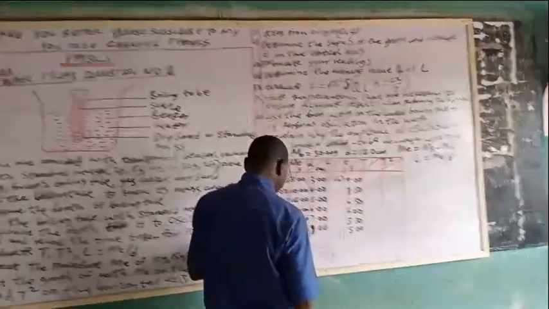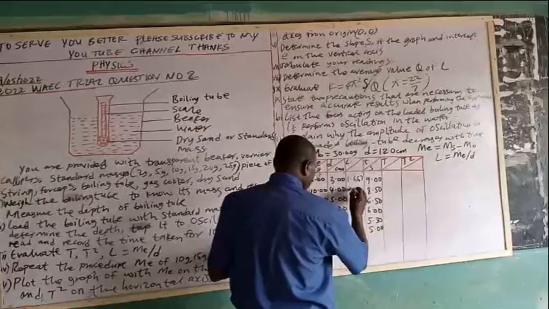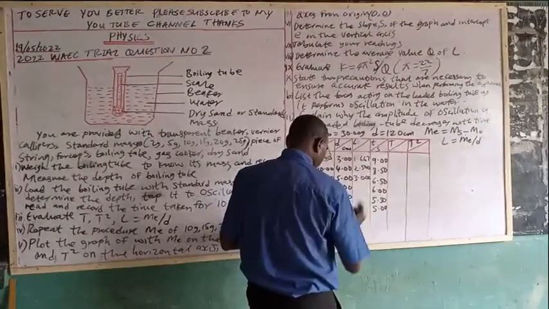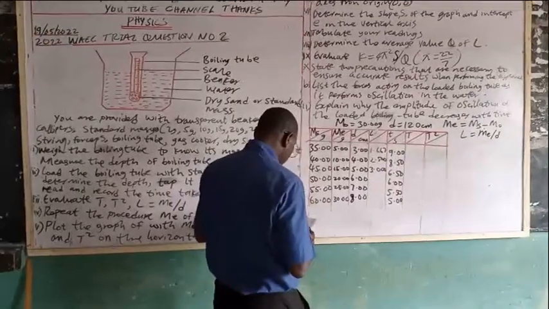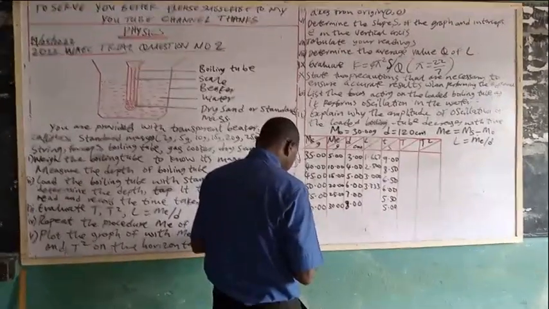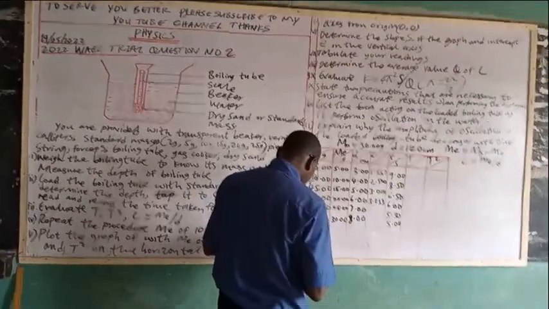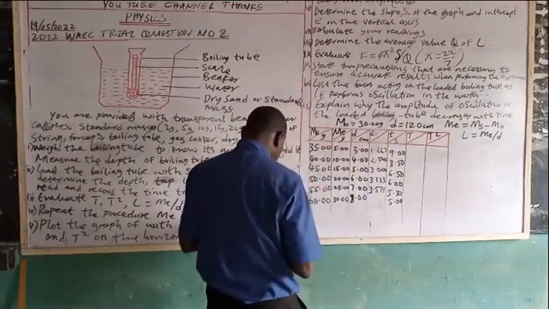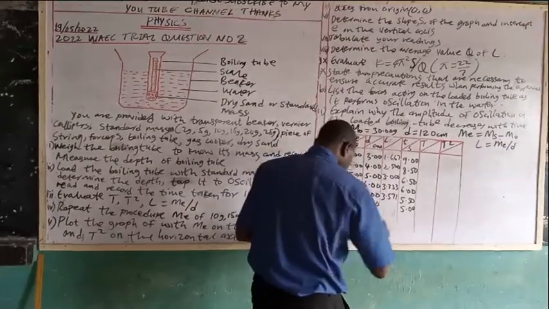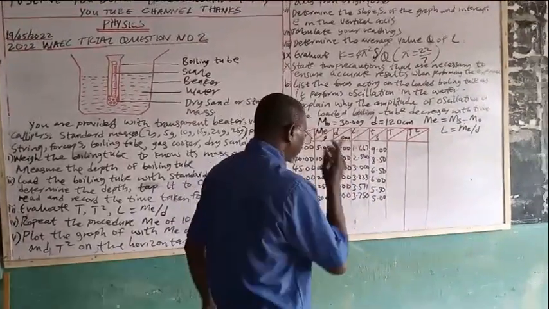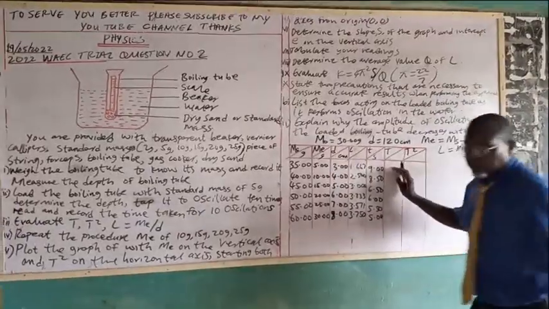1.667. 10 divided by 4 is equal to 3.500. 15 divided by 5 is 3.000. 20 divided by 6 is 3.333. 25 divided by 7 is 3.571. 30 divided by 8 is 3.750. Now, when we want to calculate the period,